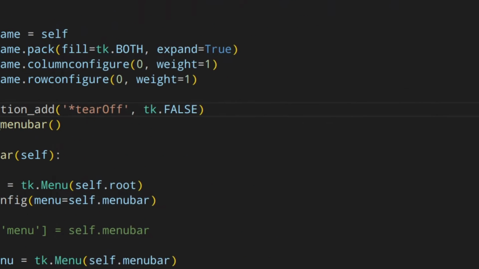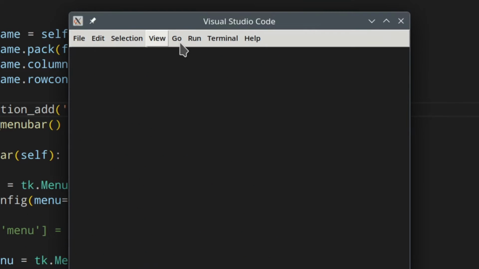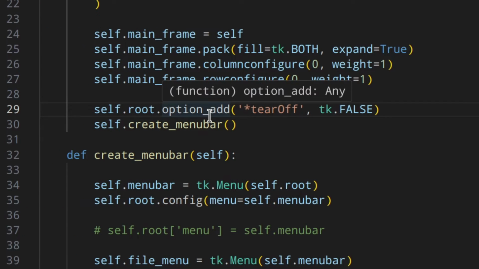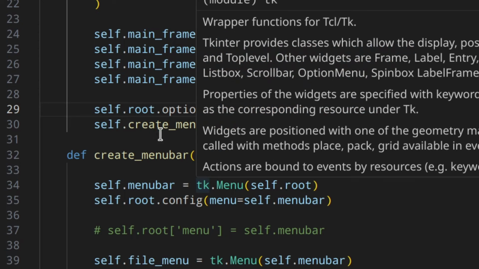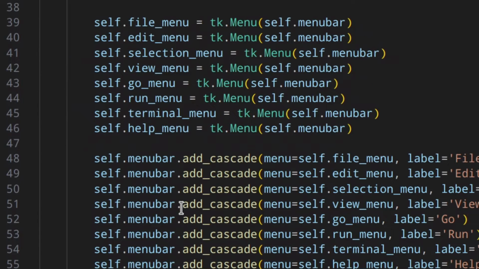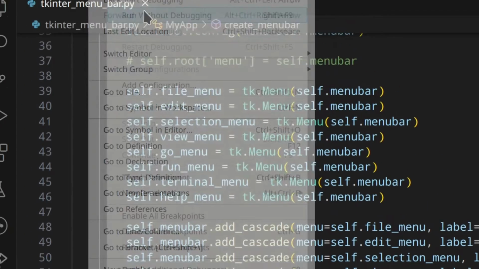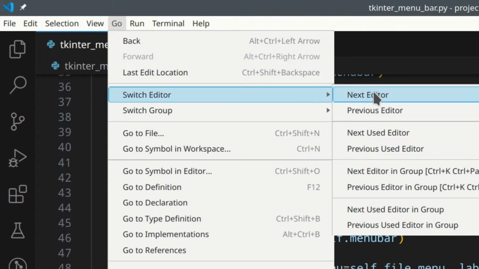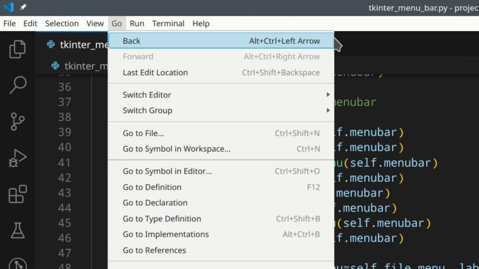And now, as you can see, you don't get that anymore. So basically this turns off the tear off option for all the elements that of course have that option, which is kind of cool. So now that we've got these menus, we can actually add a few elements to them. I'm actually just going to add elements to the go menu, because that contains interesting things like, as you can see here, you've got something that is not active, etc. You've got a submenu, another submenu, etc. And then you've got all the shortcuts.